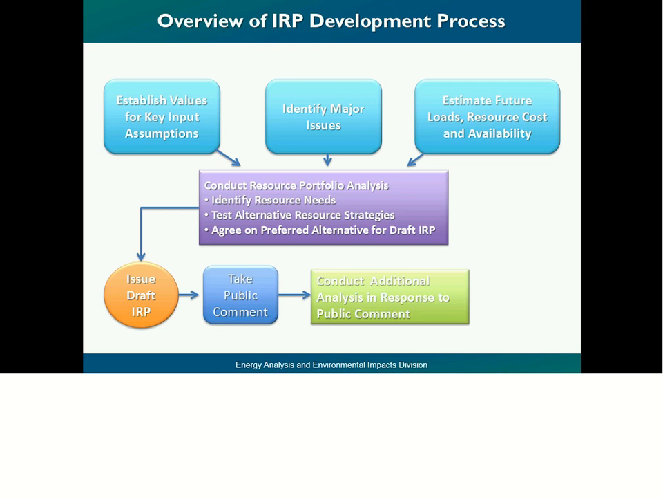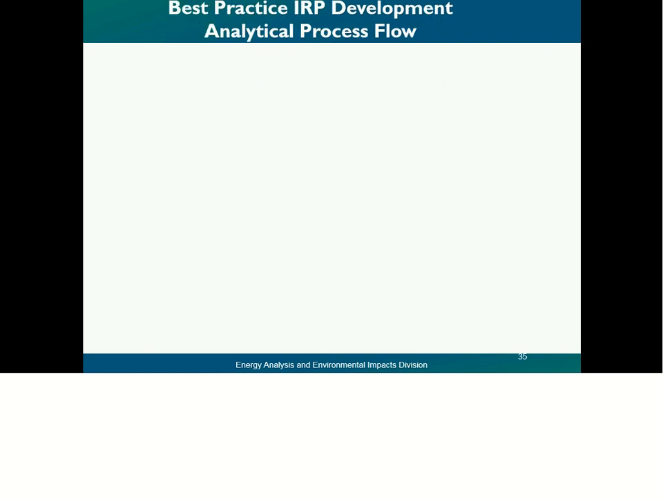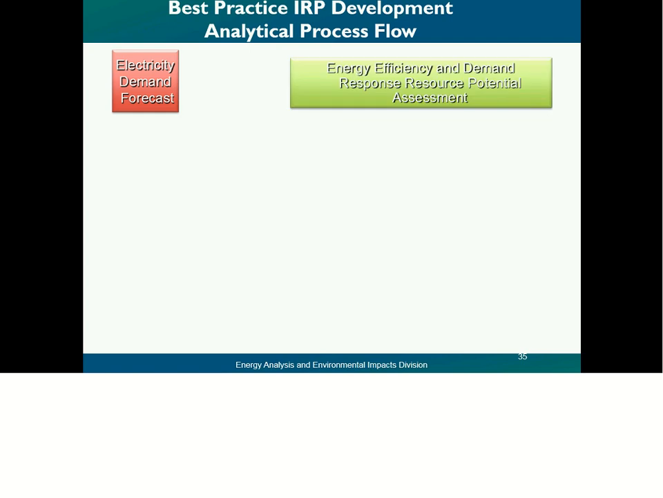Do another round of analysis, and finally issue a final IRP based on stakeholder input and management decisions. So that's a very schematic. Let's get into a little more detail. So in best practices, you start with a demand forecast, these are the components, and an energy efficiency and demand